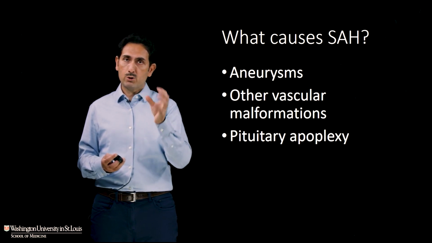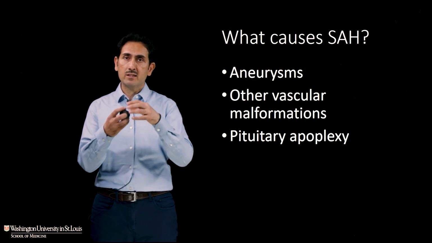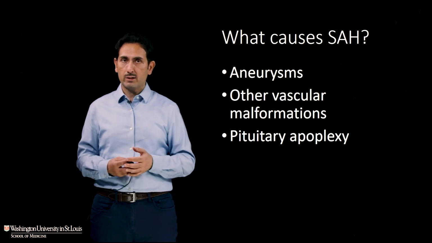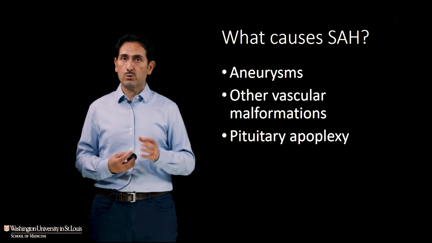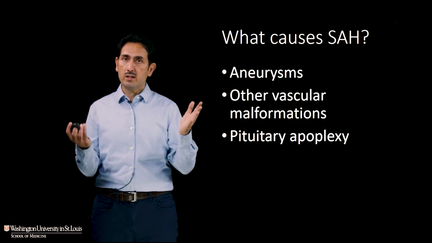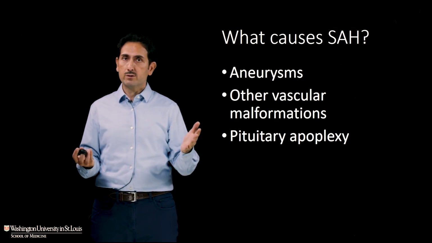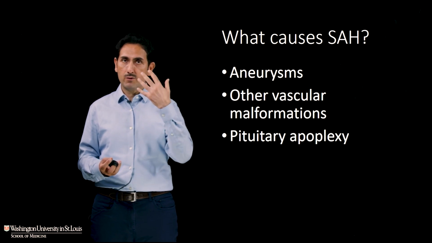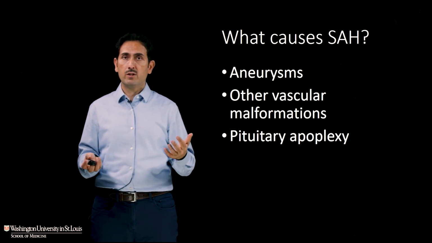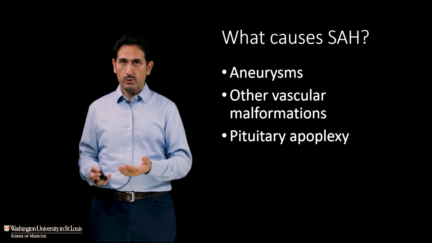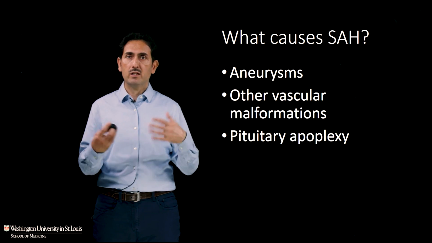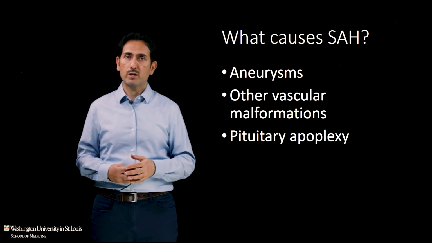And if there's a pituitary tumor and it suddenly bleeds, that bleeding, because the pituitary is adjacent to the subarachnoid space, can also cause subarachnoid hemorrhage. But especially because the pituitary is in a location near the optic nerve and the third nerve, you'll also see multiple cranial nerve palsies. You might see a sixth nerve palsy, you may see visual loss, and you may see endocrine disturbances, such as loss of steroid hormones or thyroid hormone. So pituitary apoplexy, or sudden hemorrhage of the pituitary, is something to look for in subarachnoid hemorrhage patients.